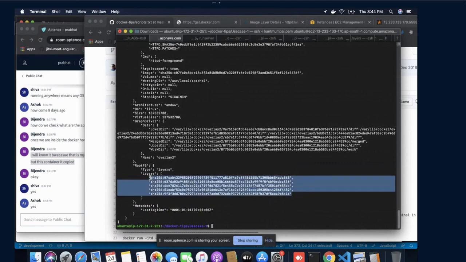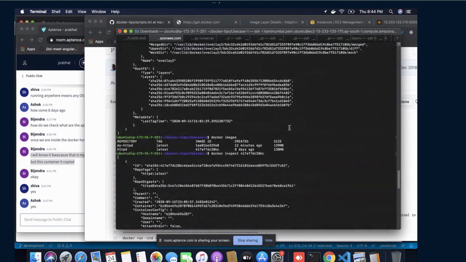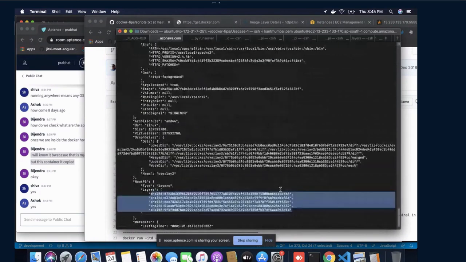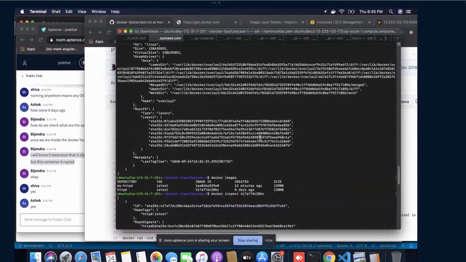So now compare this one with this one, and you would find what are the additional layers that I have added. 6836 BC 821A. So it seems like these are the two layers that have been added.